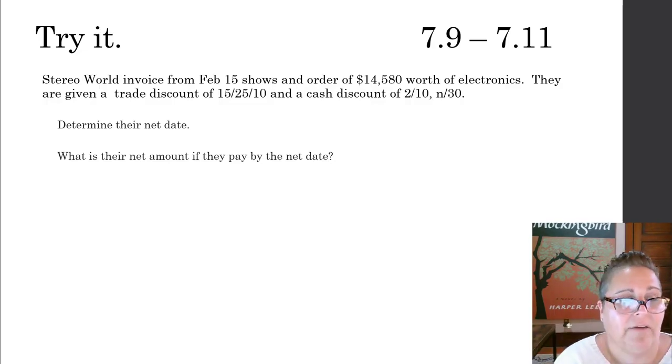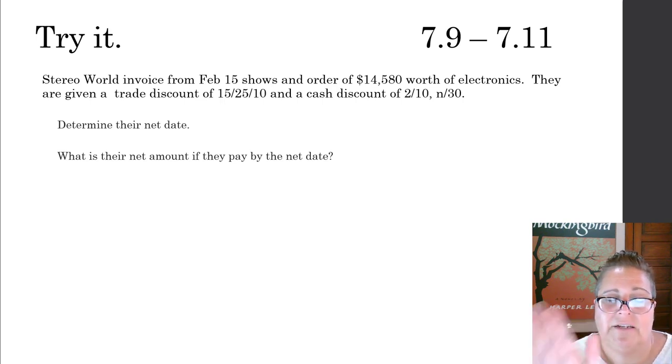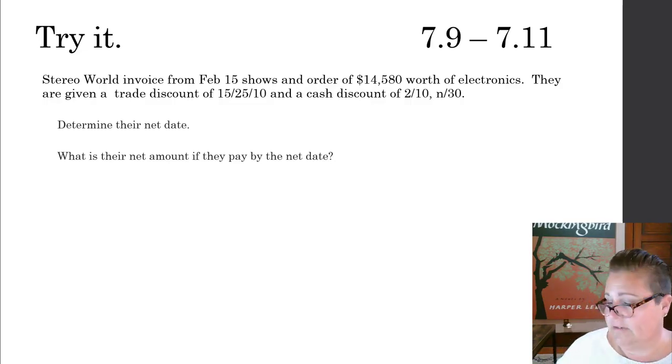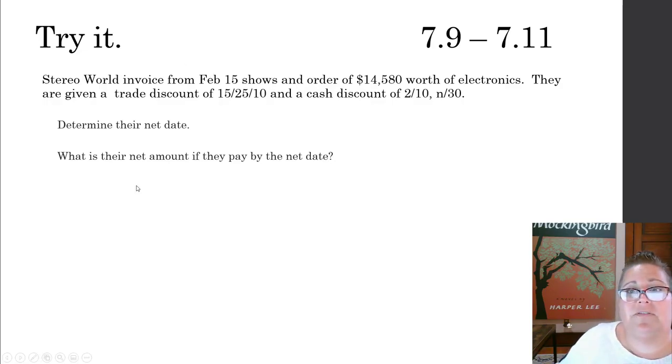Thank God they asked me that first. What is the net date? Well, the net date is the n/30. So the net is due in 30 days. 30 days from when? From the February 15th. So the net is due 30 days from February 15th. So if I take February 15th and I add 30 days to it,